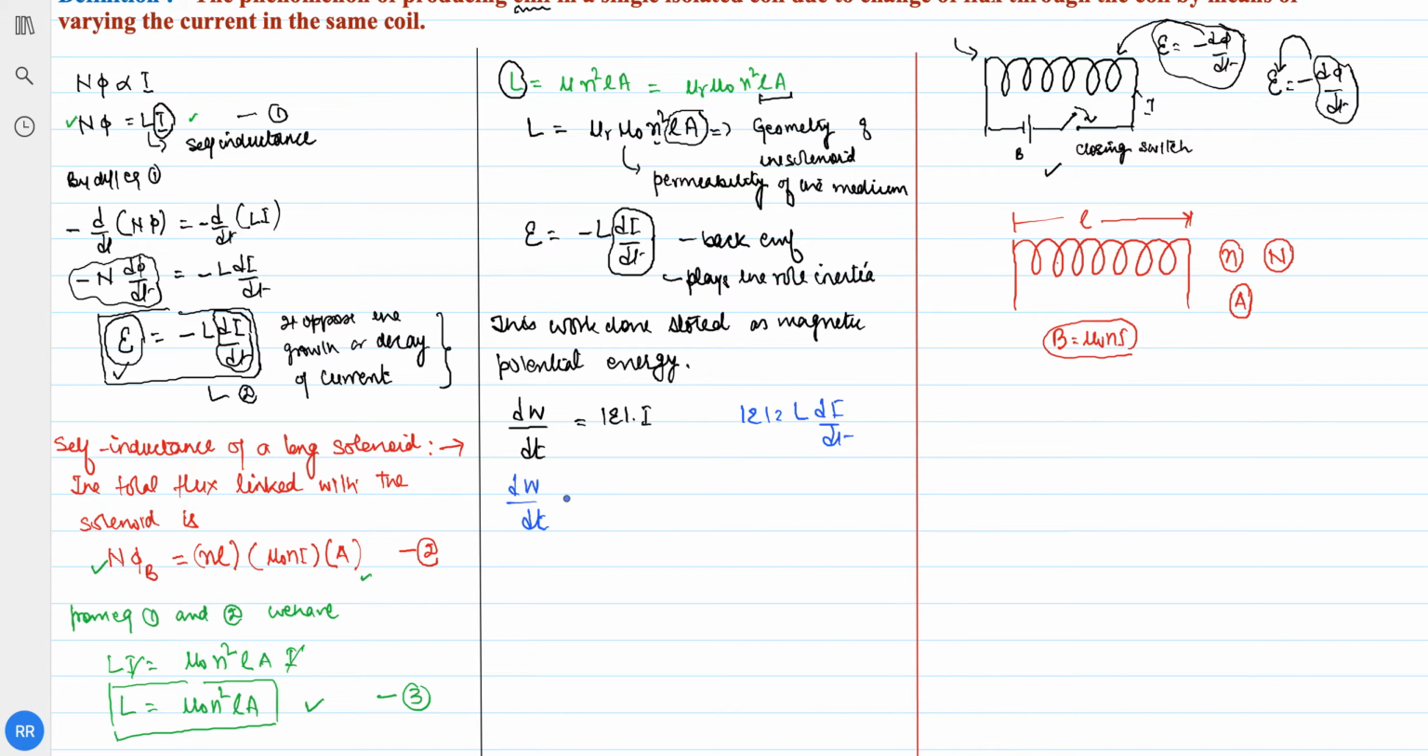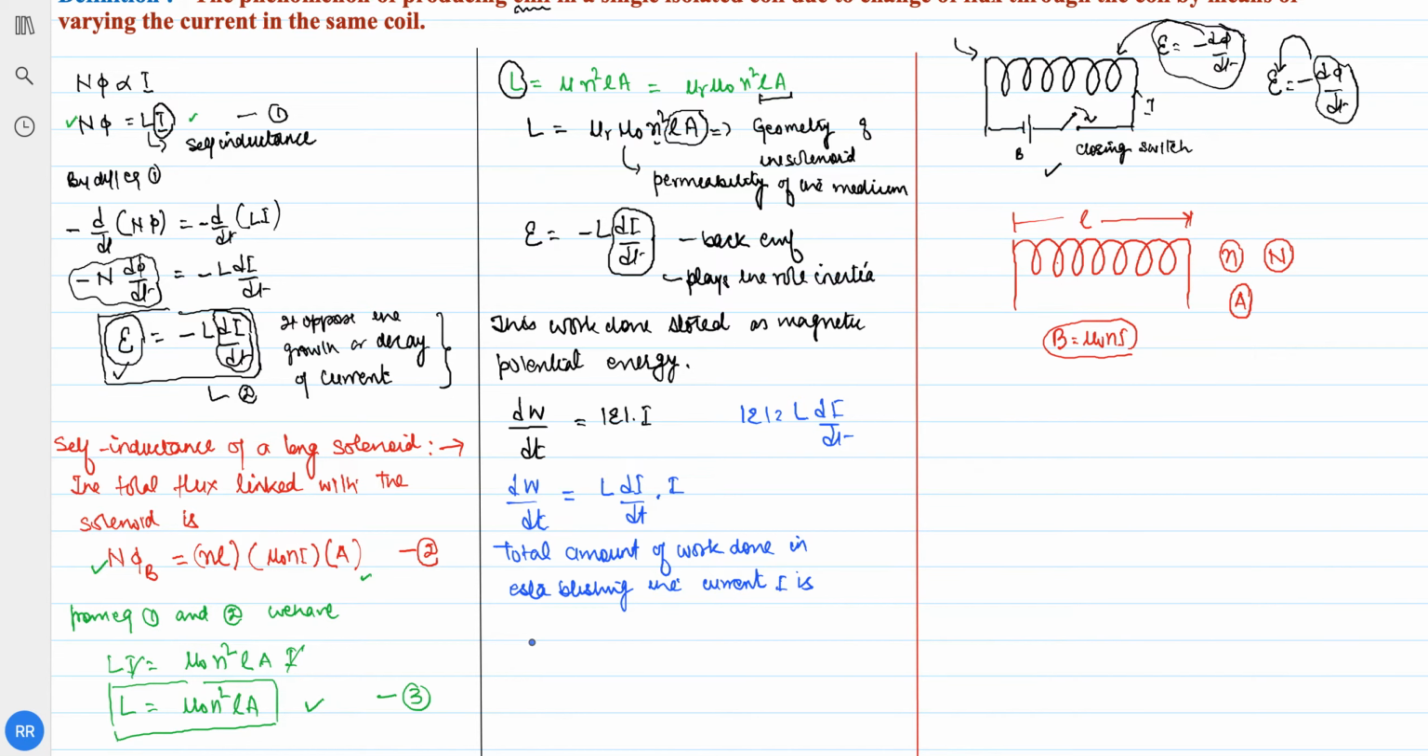dW/dt is equal to L times di/dt into I. This equation could further be written as the total amount of work done in establishing the current I is,